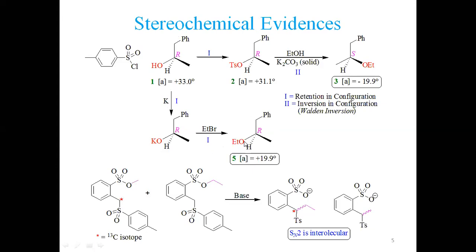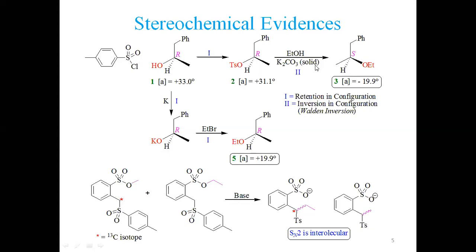But even if one group is changed, but three others are in the same position, this is what we commonly call retention in configuration. So in this sequence, retention has taken place. But look at the second. What is happening? In this case, we have converted this oxygen into tosyl. It is reacted with tosyl chloride to form the tosyl group. We shall see in this course what this Ts stands for. This is tosyl chloride. Anyhow, in this case again we have the same sequence, no change. This is involving a retention in configuration.